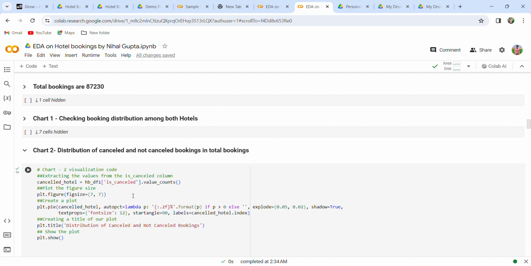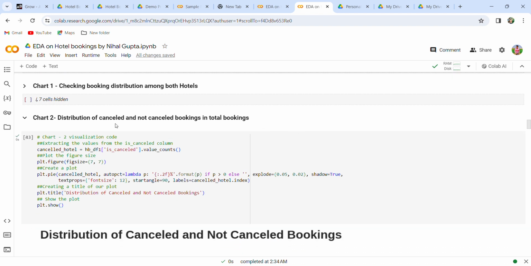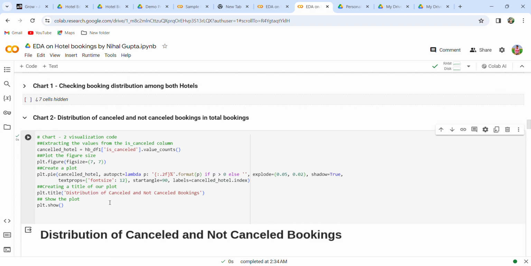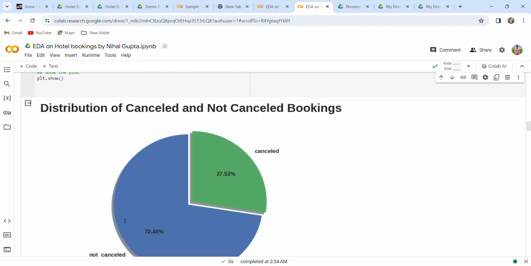So here we are gonna check all the bookings amongst both the hotels, the distribution of cancelled and not cancelled bookings in the total booking. So, data visualization, extracting the value of the cancelled column. Cancelled, hotel DB is cancelled, value count, plot figure size, and this is pie. By the pie chart we will get our data analysis. So we have applied it here, and now we can check that